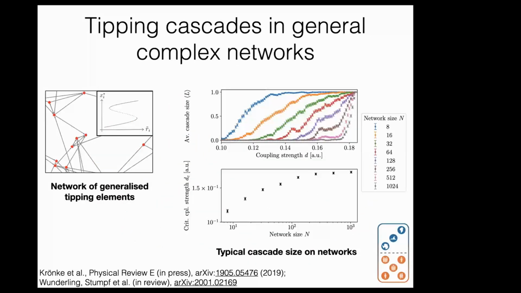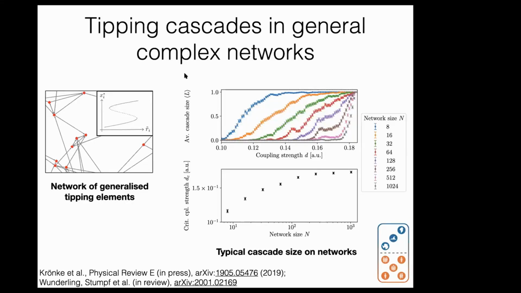So what we did is we studied generally how these types of generalized tipping elements behave on complex networks. So under which conditions, for example, which types of network structures, which types of coupling strengths, can you get global cascades where the tipping of one element can lead to a tipping of a large number of other tipping elements, of a large fraction of the network. And it turns out that you can study this and get some insights: there seem to be phase transitions in these networks where cascades can either be started or they are quite effectively suppressed. This is also not surprising, building on similar systems studied before, but it was important for us to study this